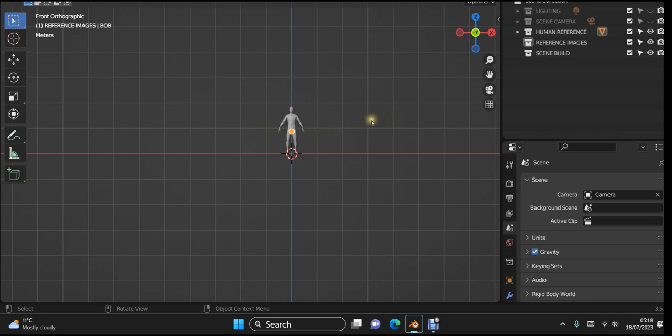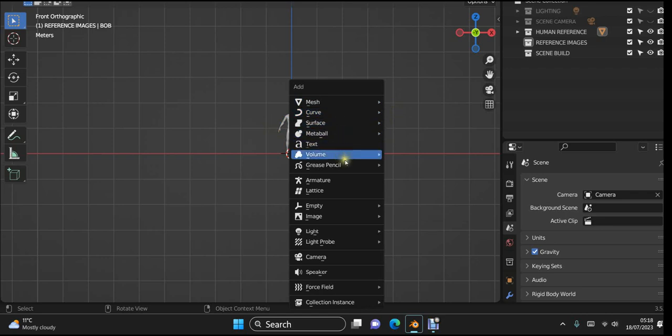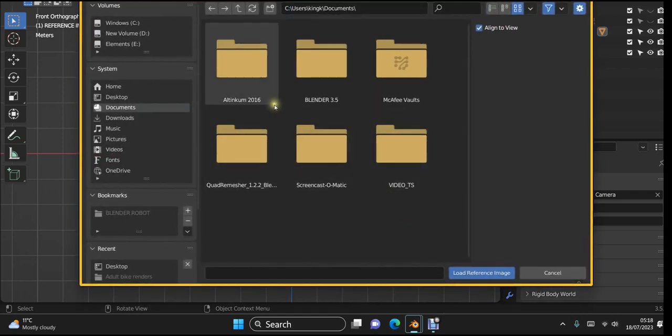So what I'm going to do is I'm going to bring in some reference images now. I'll do a Shift A, image, reference, and now I've got to go find it. So it's on my documents,